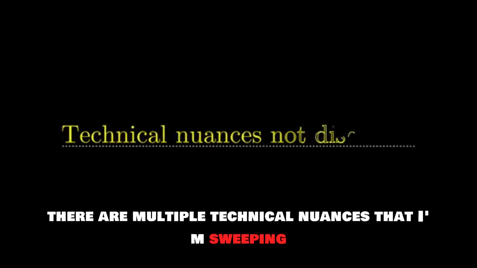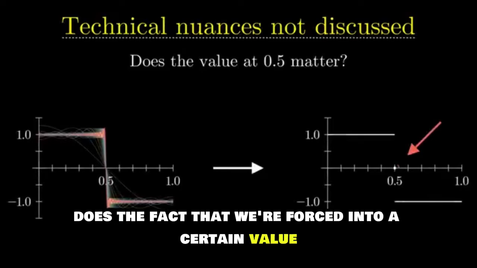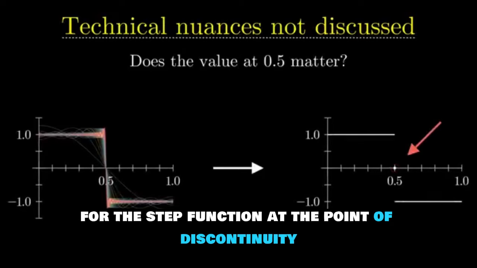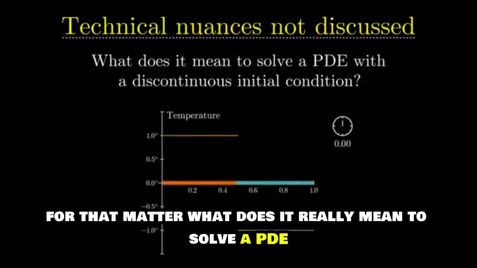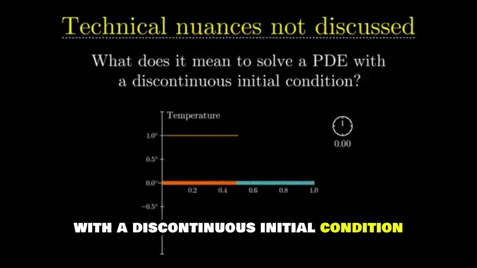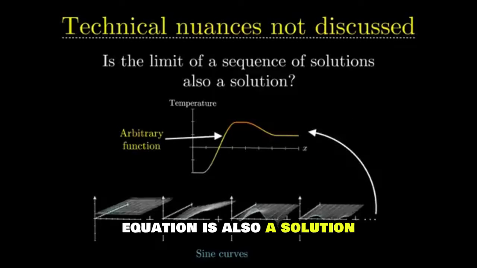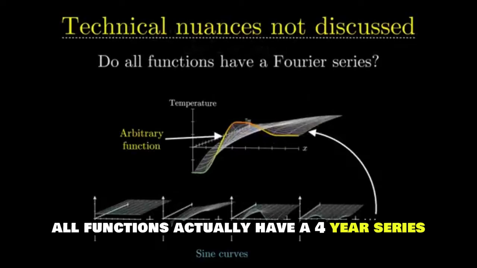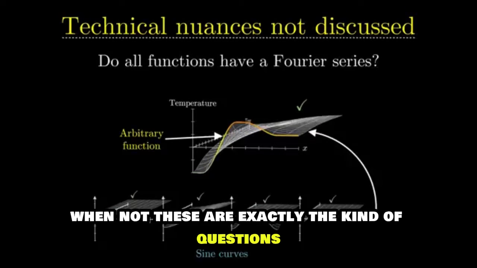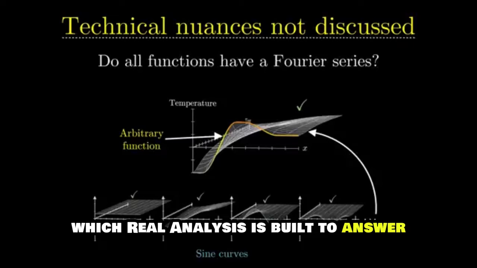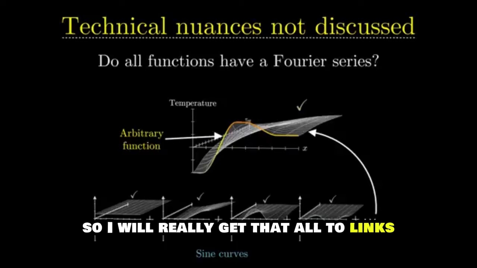There are multiple technical nuances that I'm sweeping under the rug here. Does the fact that we're forced into a certain value for the step function at the point of discontinuity make any difference for the heat flow problem? For that matter, what does it really mean to solve a PDE with a discontinuous initial condition? Can we be sure that the limit of solutions to the heat equation is also a solution? And can we be sure that all functions actually have a Fourier series like this? If not, when not? These are exactly the kind of questions which real analysis is built to answer, but it falls a bit deeper in the weeds than I'd like to go here, so I'll relegate that all to links